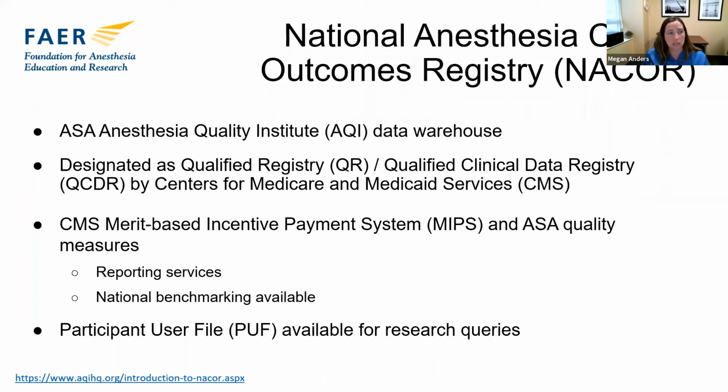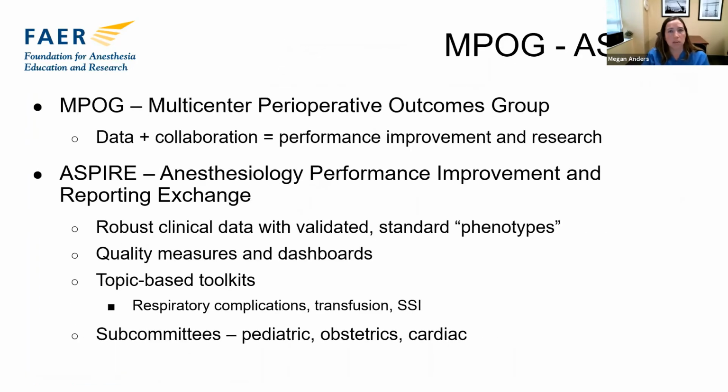So the ASA does have some quality measures. There's some national benchmarking available, and there's a participant user file that's available for research queries. And so you're able to request some. This tends to be more administrative data and more data that has to do with the specific MIPS and ASA quality measures. The next registry I want to introduce you to, and you either have or will have some more